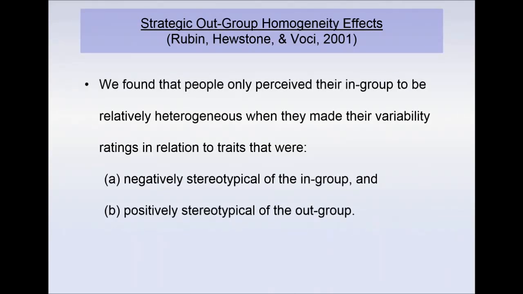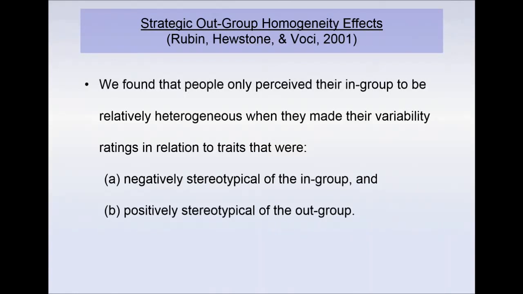Those are the positive out-group stereotypical traits. So, for example, as a man, I'd be likely to score higher on the male negative traits of aggressive and arrogant than on the female positive traits of compassionate and sensitive. But by perceiving men as heterogeneous on those threatening traits, I can still call myself a man, but at the same time consider myself an outlier in the group who's quite distinct from men's relatively negative position and closer to women's more positive position.